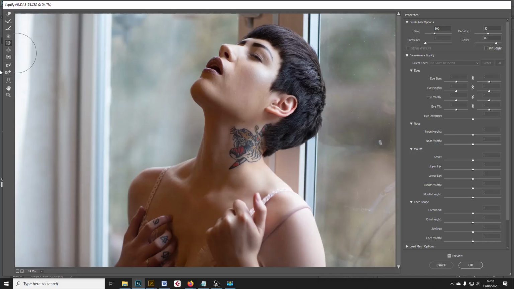But I don't want to affect this area where we can see the window frame behind her. I don't want to distort that. So what I'm going to do is use freeze mask,